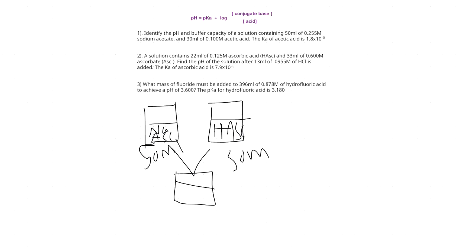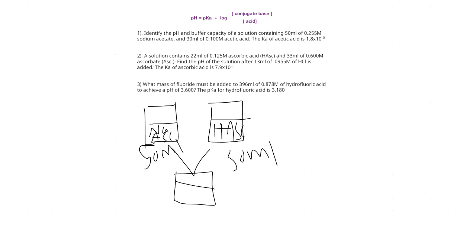And so why is this important? Whenever you hear buffers, the first thing you should be thinking of is the Henderson-Hasselbalch equation. You could use an ice table, but it's a lot longer and more complicated than if you were to use just a simple equation. But before that, we need two things. We need the pKa and the concentrations of the conjugate base, which is sodium acetate, and the acid, which is